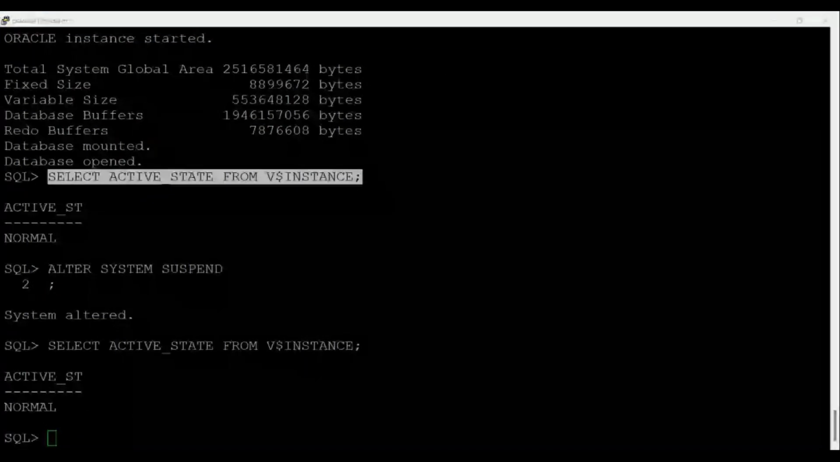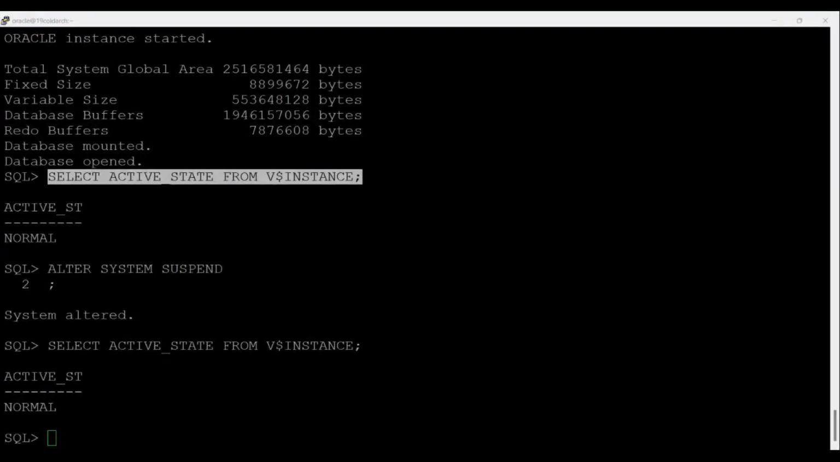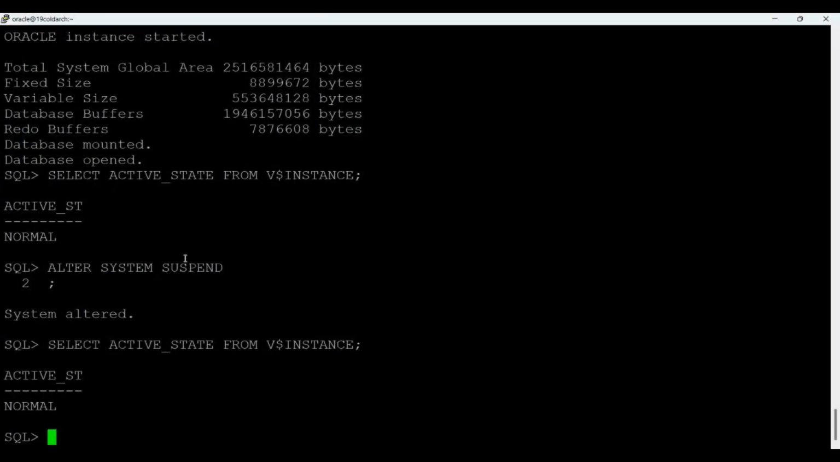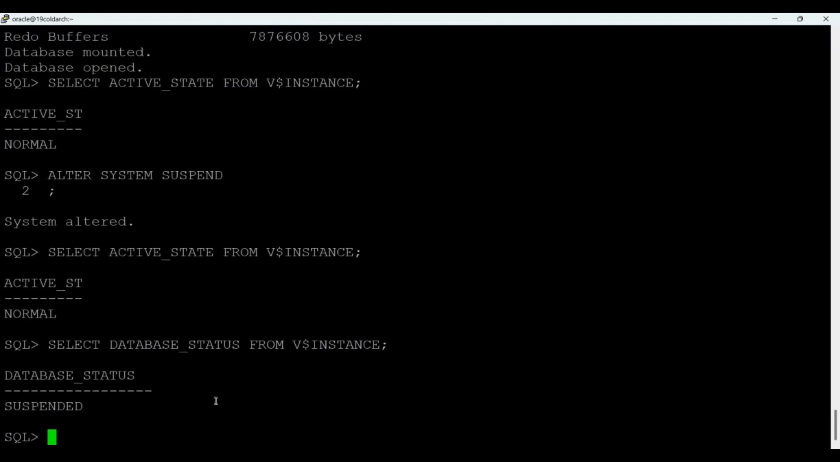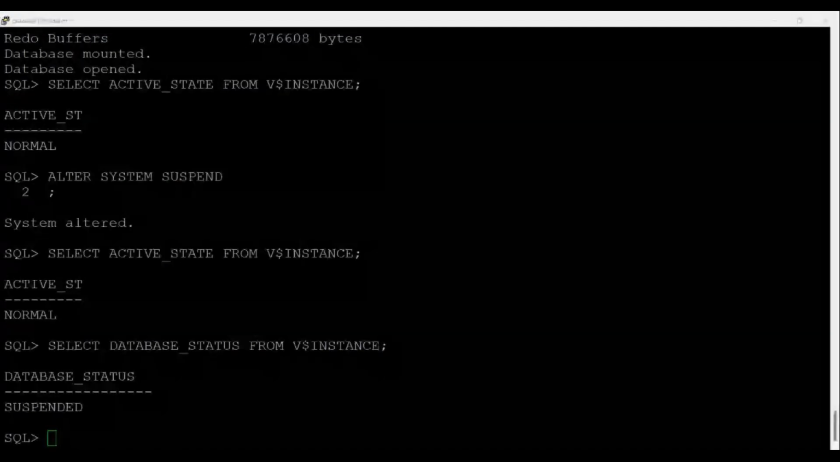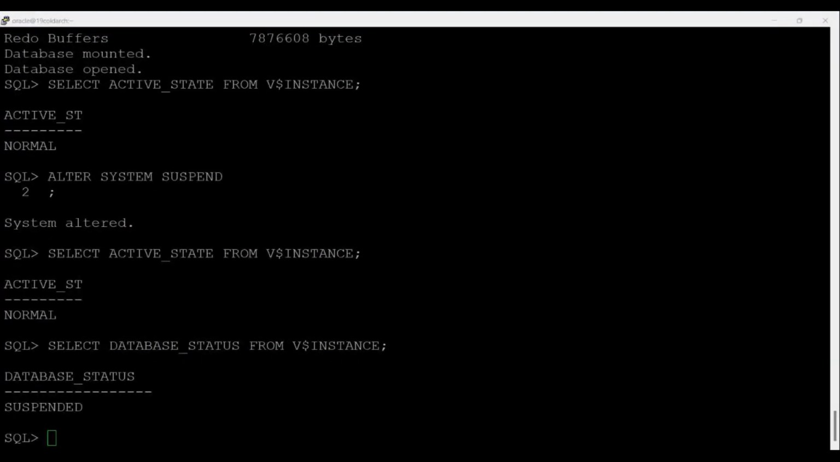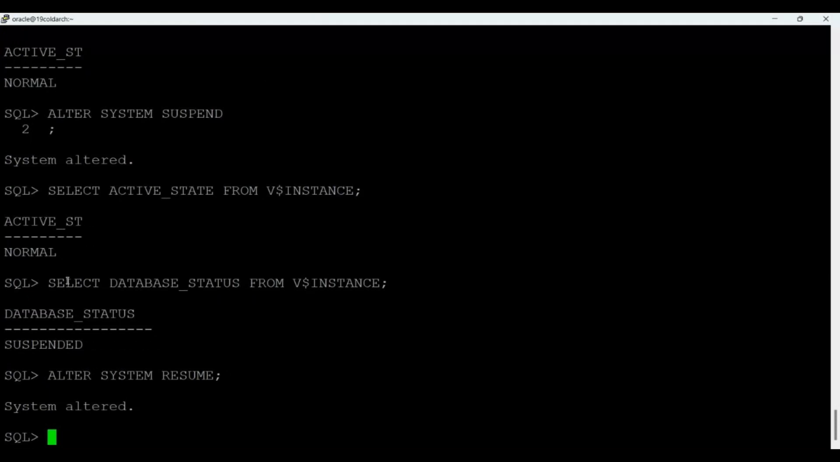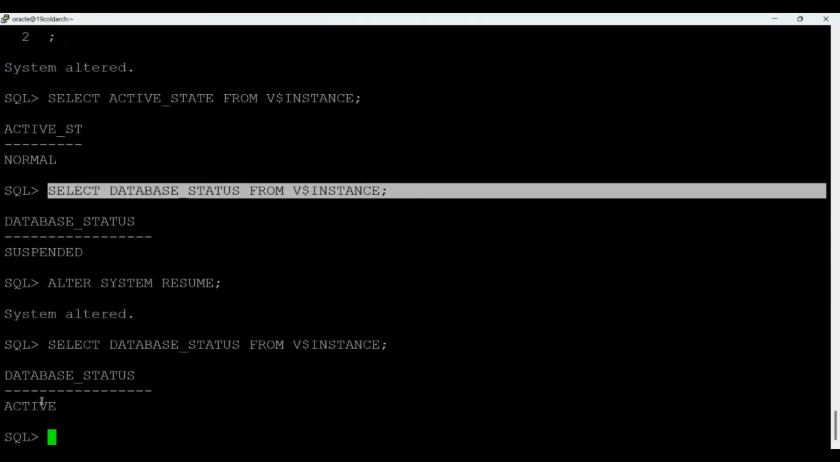Okay, there is another view for that, database status actually. So this is the way you can suspend it and how you will resume. You can resume by this command, and again you check, so it is showing active. So when it is active, it means not suspended. When it is showing suspended, it means